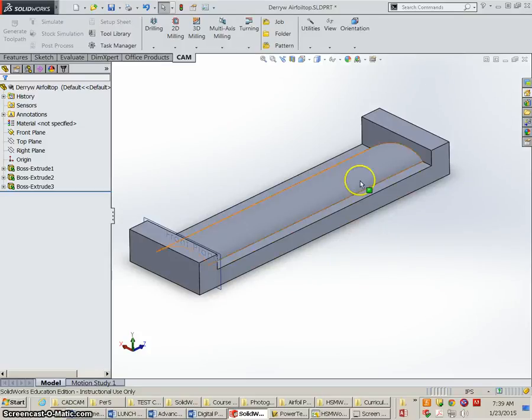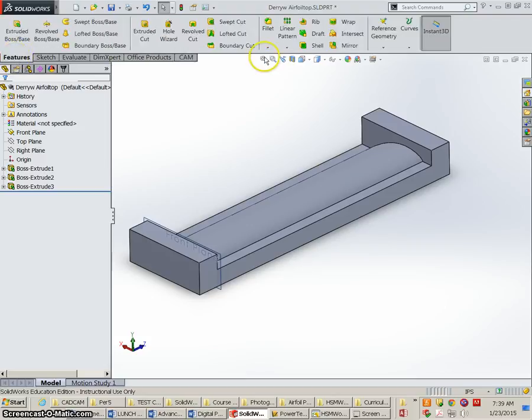This video is going to cover adding the toolpaths to our airfoil top. So go ahead and open up SolidWorks, bring up your airfoil top. We're going to go over to the Features Manager and select Features, and we're going to add some reference